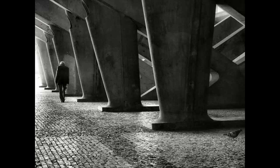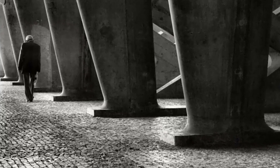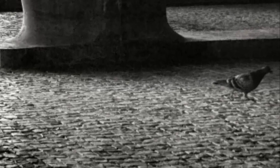We've got another black and white shot. It looks like a repeating line of columns that are holding up some sort of structure and a guy walking into the distance there. Yeah, this is all about the patterns created by those columns, those diagonals. The person walking along is quite important to the image. I like the texture and the toning of those columns, as well as the paving. It's excellent. And what's interesting, that bird there almost